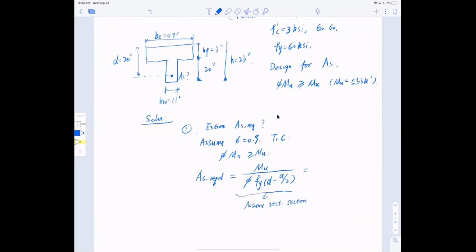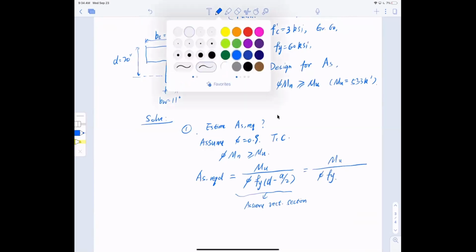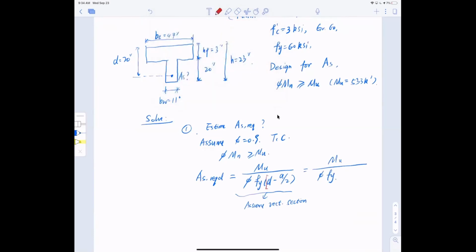Okay, so mu is right here, and I need phi, which is 0.9, fine. Fy is here, fine. But I don't know the depths. Sorry, I know the depths, but I don't know the A, so I don't know this distance. Okay, so for all we know right now, we can assume the distance is jd, and let jd